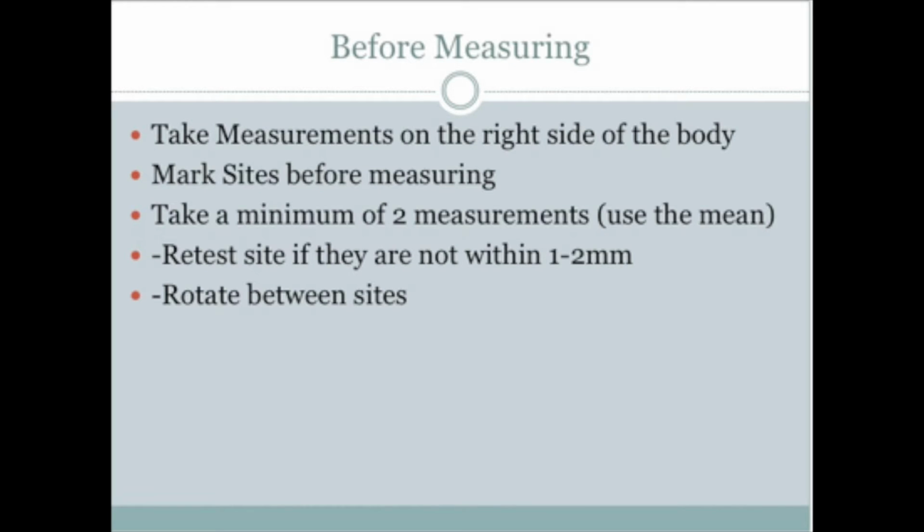Before beginning your assessment, be sure to consider these items. It is important to take all measurements on the right side of the body. Mark each site before measuring, take a minimum of 2 measurements per site, and use the mean of the 2 measurements for calculation. Retest the site if they are not within 1 to 2 millimeters of each other and rotate